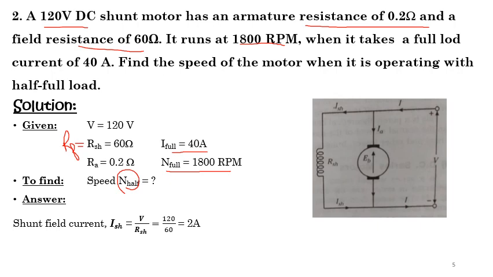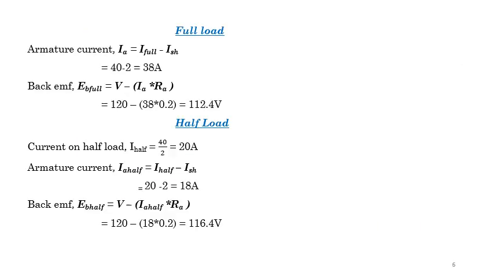So what you have to do is, the details are given for a full load. You have to calculate the details for a half load now. So first let us draw the circuit here. The circuit I have already given here. This is the circuit of a shunt motor. According to this, ISH is not given. Main current I is given, 40 amps for full load. IA is also not given. So we will have to calculate what is ISH, what is IA first. ISH you already know, ISH is equal to V by RSH. So using that you can calculate what is ISH.